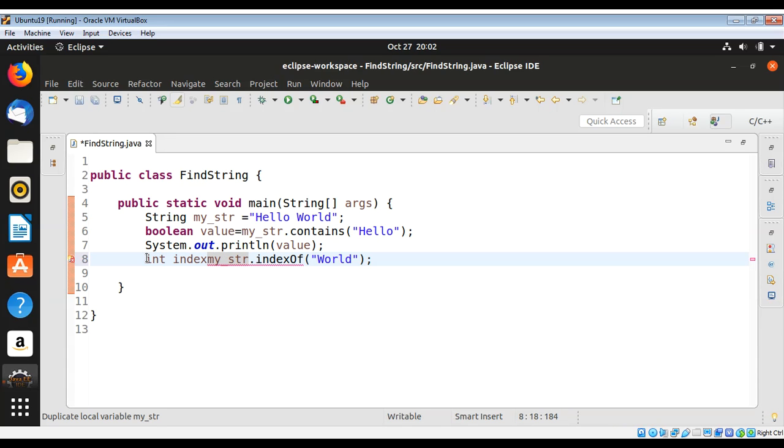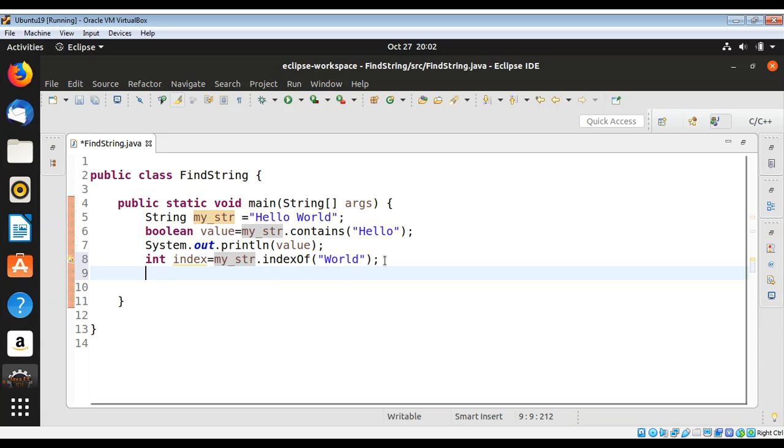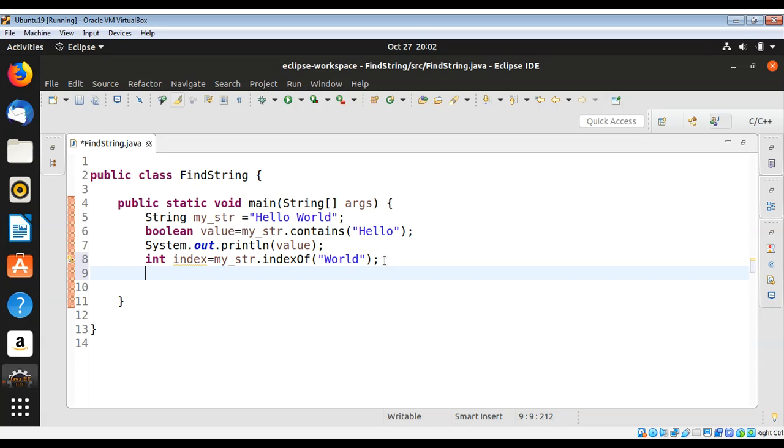I will name it index and save the return value, and then I'm going to print this